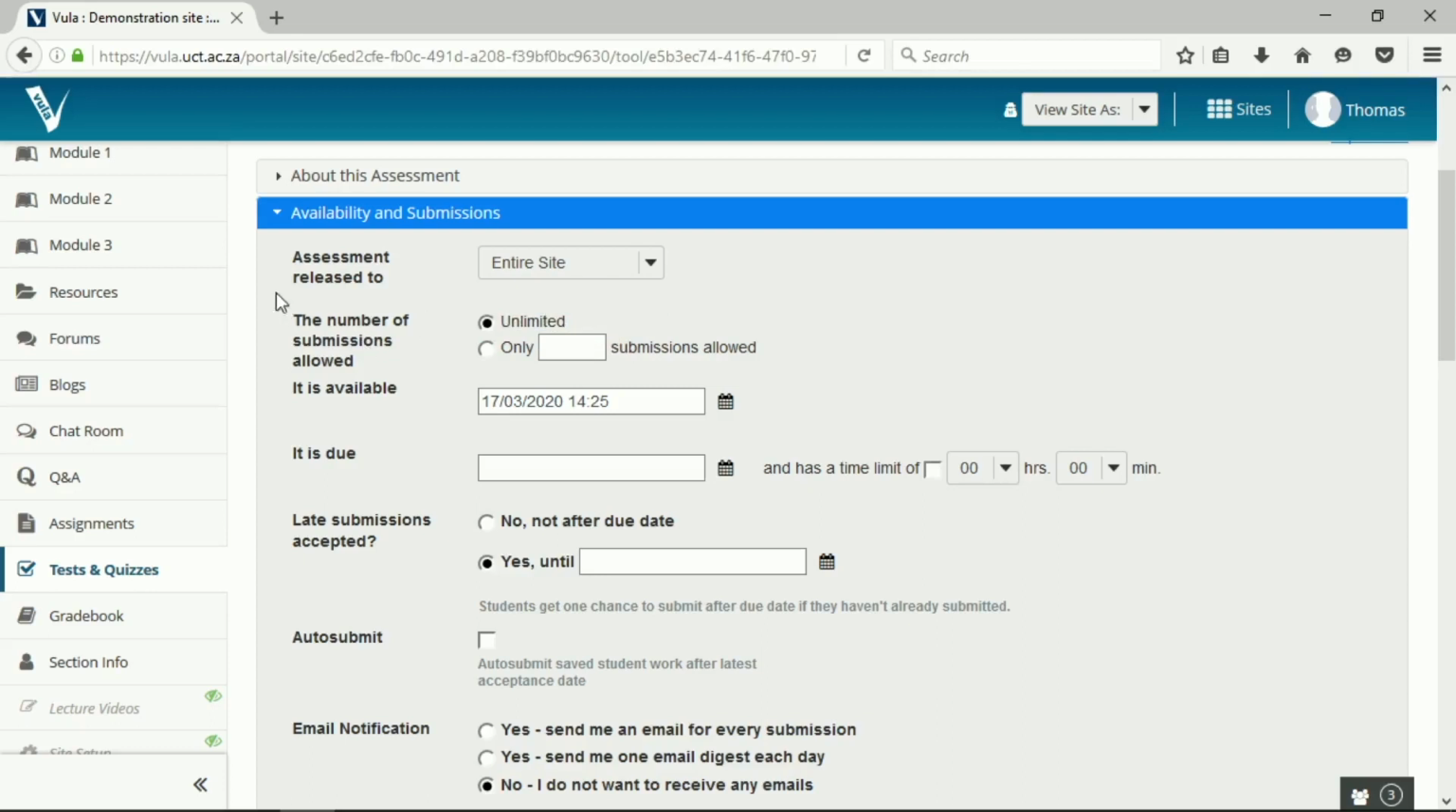Moving on, how many times should the students be allowed to take this test? Do you want it to be unlimited? By unlimited, it means they can take it as many times inside the opening queue date. For this exercise, we'll just restrict them to only taking the assessment once, which then takes us to the next